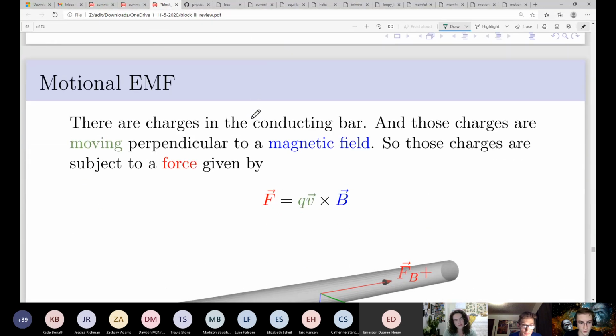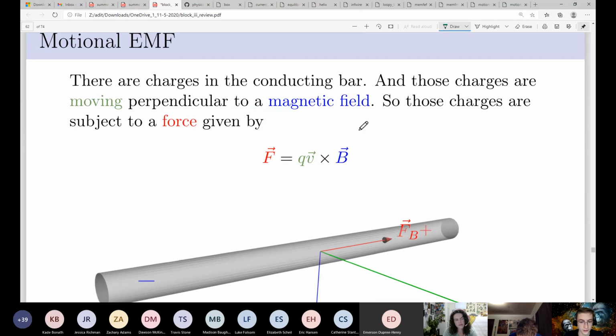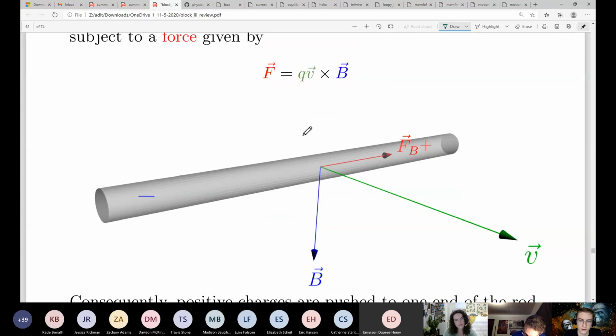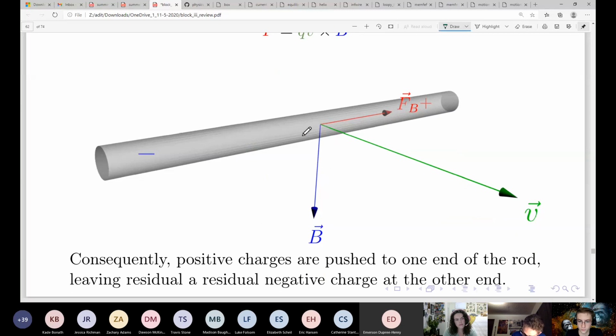So it's a conducting rod, which means that there are charges in this rod, and those charges, by virtue of it being a conductor, are free to move. And if the rod as a whole is moving through a magnetic field, then those charges are subject to the same magnetic force that we've seen so far in Phys 2. We've put our index finger in the direction of the velocity,